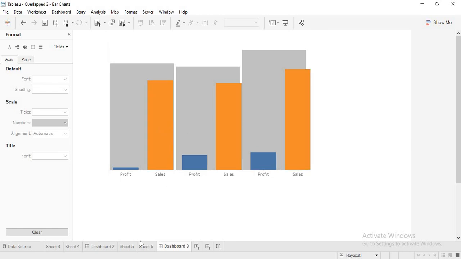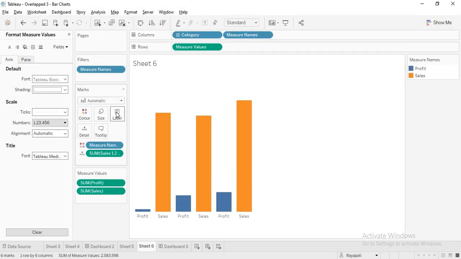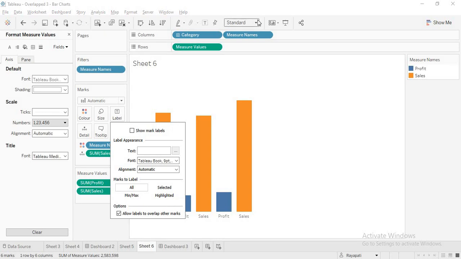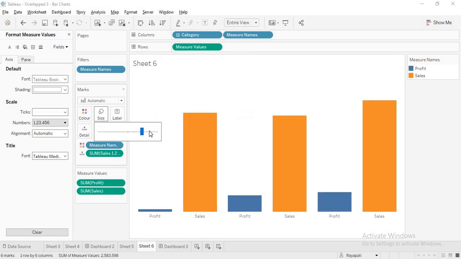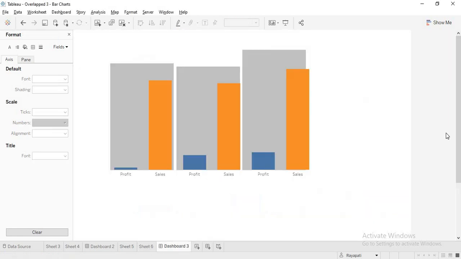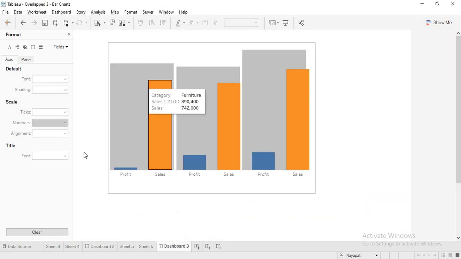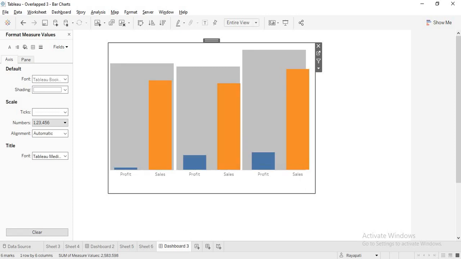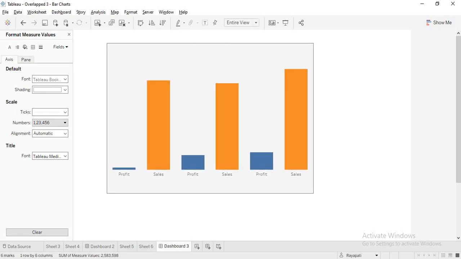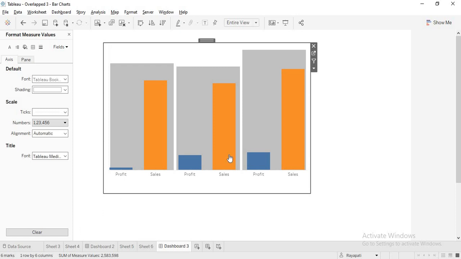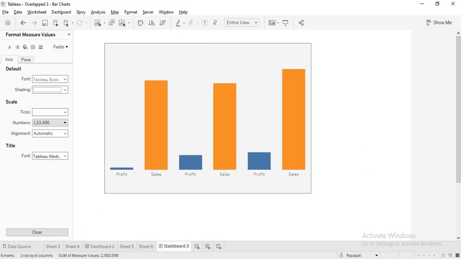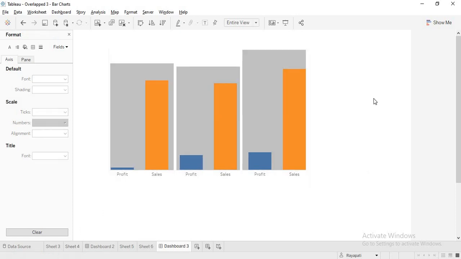Still some problem, so what I'll do is go to sheet 6 and the label. I'll make it entire view, and size I'll decrease a little. Okay, now still we need something to be moved, so we'll still move this. Now these sorts of settings are what you have to do.